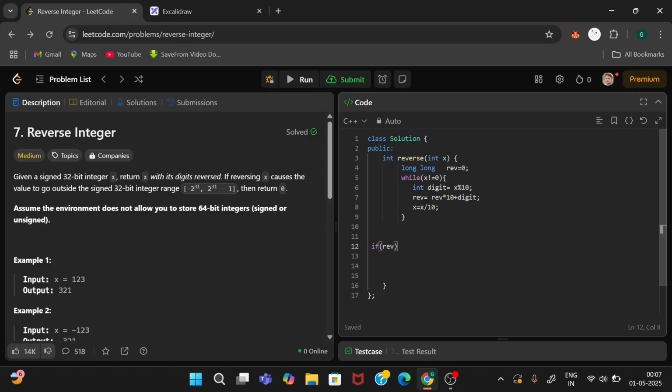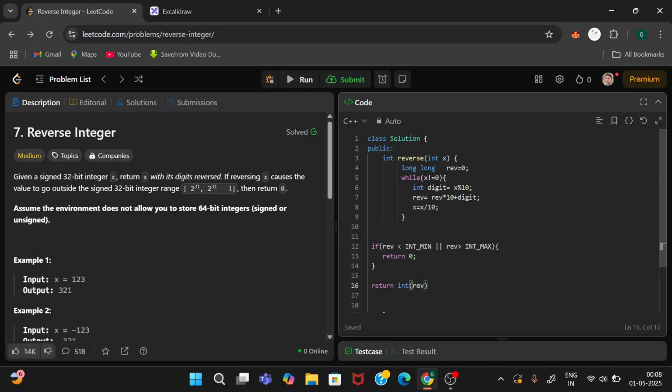Then check if reverse is less than or equal to the min value, or reverse is greater than integer max. If it is, return 0 according to the question. If not, return the integer form of reverse.